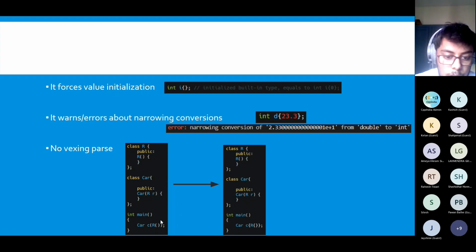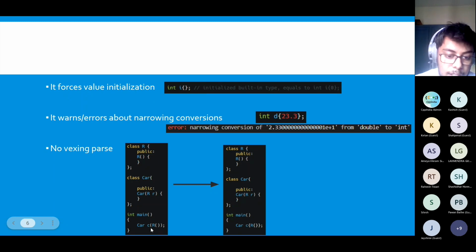And this looks very straightforward, right? This is just creating an object of car, which is named C. But actually the compiler is going to misinterpret this as a function prototype, where the function name is C, and it is returning an object of type car, and it takes a parameter of type R.